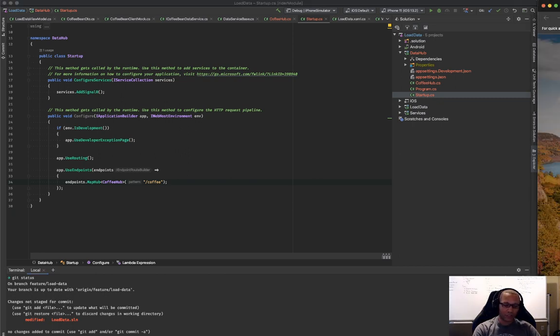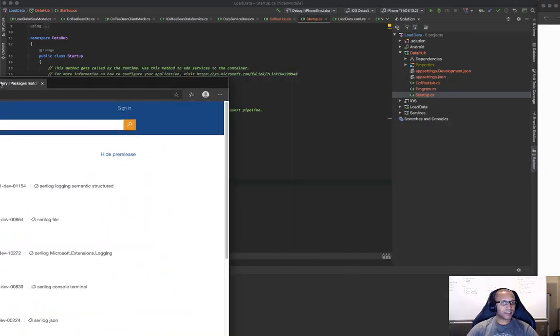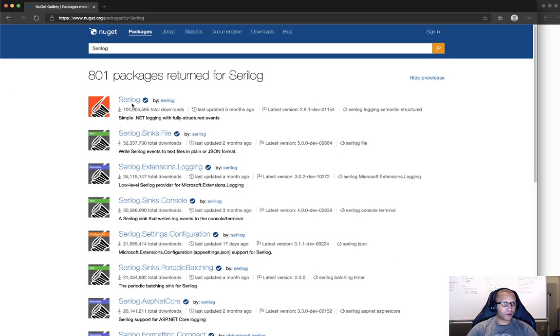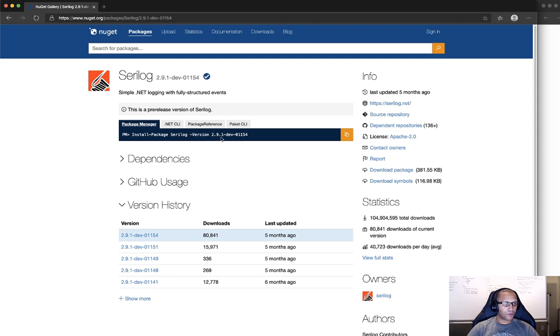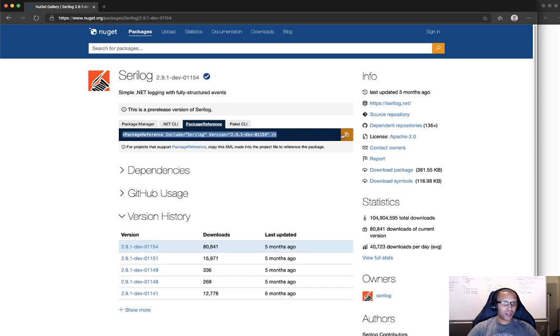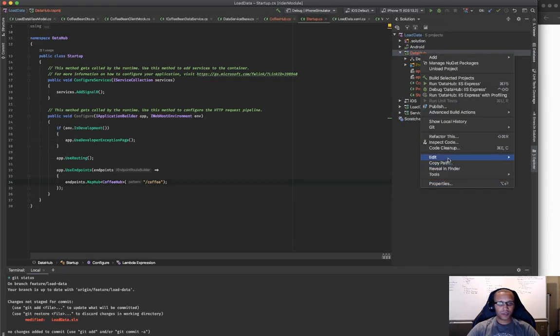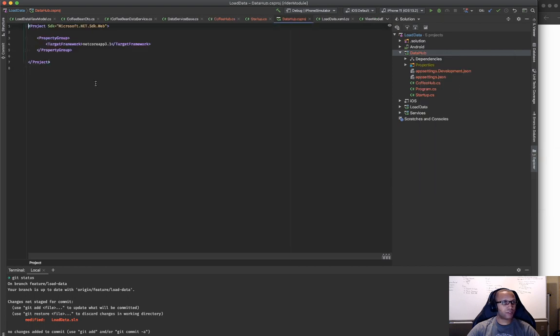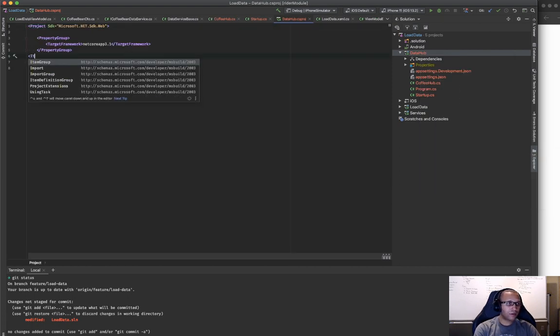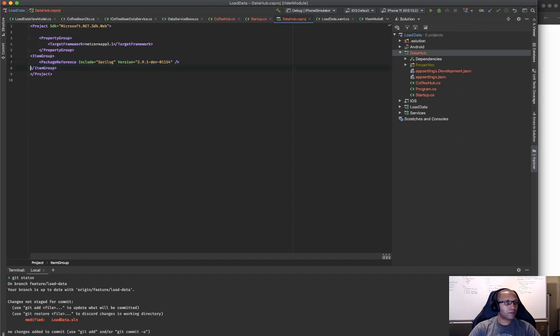So NuGet recently added a new panel to its thing, right? NuGet recently decided that it was going to be smarter than the average bear. It used to be that you only had the package manager, Paket CLI and .NET CLI. Well, now you have the .NET CLI, which you didn't used to have. But now you've got this package reference for all of us that like to just go ahead and break the XML ourselves. Because, you know, why not break the XML yourself? It's my XML. I'll do what I want. Item group, paste, and